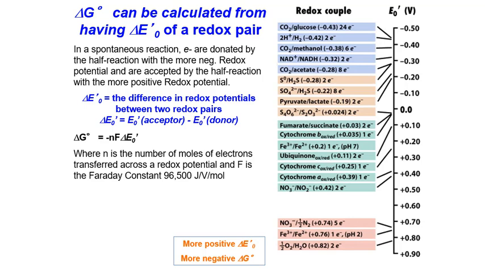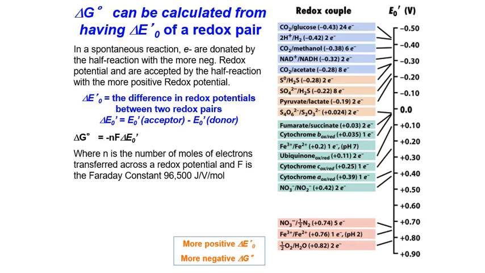This energy is actually the change in Gibbs free energy, and it can be calculated from delta E there. Spontaneous reactions will be ones with a positive delta E and a negative delta G, meaning energy is yielded. We will practice calculating delta G and delta E using half reactions in class, but take a minute now and